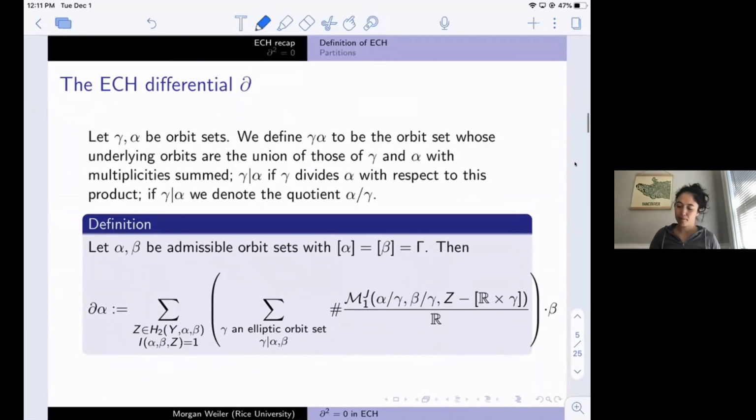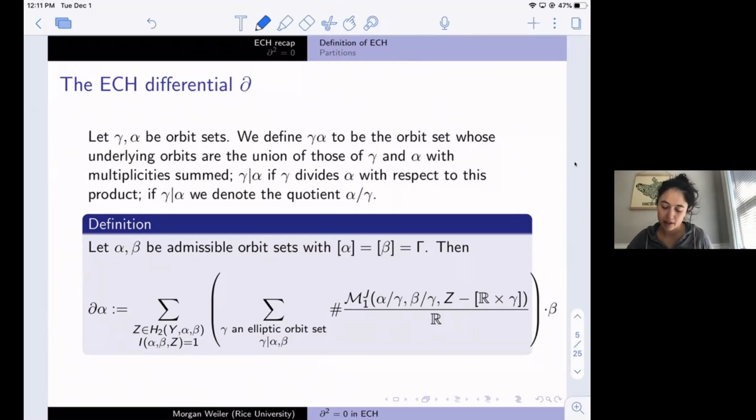So how do I define the ECH differential? The first thing is a bit of notation. If I have 2 orbit sets, I can take their product, which is just taking the union of the Reeb orbits and then adding the multiplicities. And then I can divide an orbit set by another, and I can also consider the quotient of one orbit set by another. So if I have 2 cohomologous orbit sets, alpha and beta, that are admissible, so they're generators of the ECH chain complex, then the differential coefficient of alpha in front of beta is the sum over